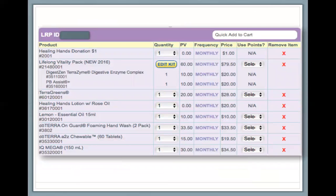Okay, so once you've done adding items to your cart, you can view your cart, and this is what it should look like, okay? We've just made a mock template here, so this is just a few items that we've had. You can quickly add things to your cart using this search bar here, and this is how I manage my orders. It's faster if I already know what I want to order. If I already know what I want to purchase, I can just type something in there, and it'll be added